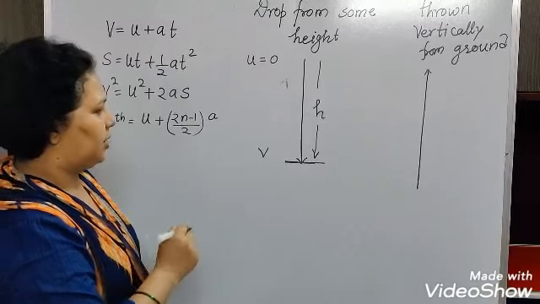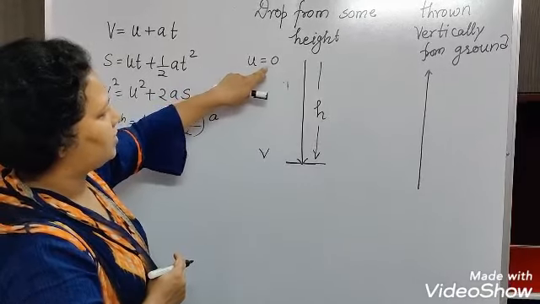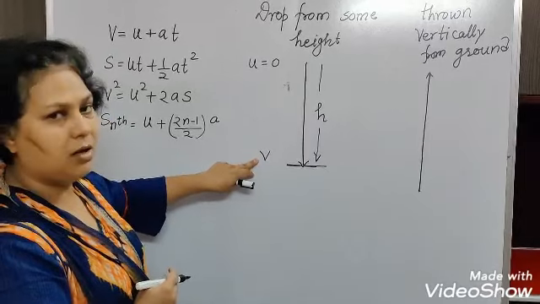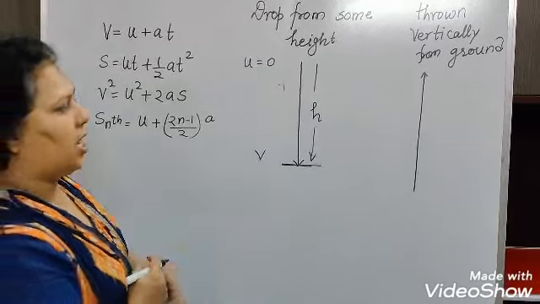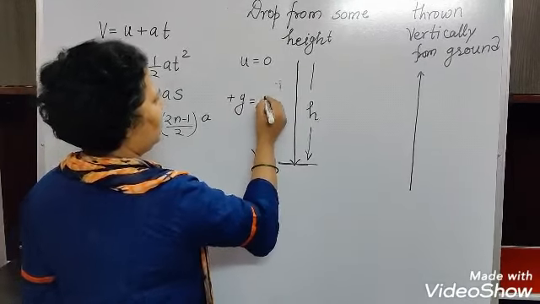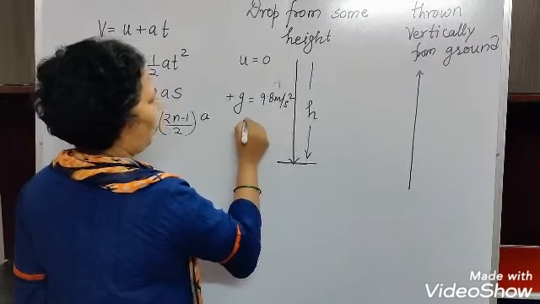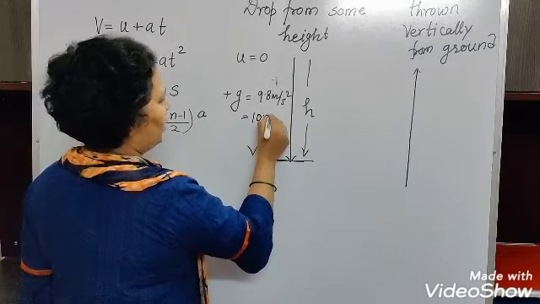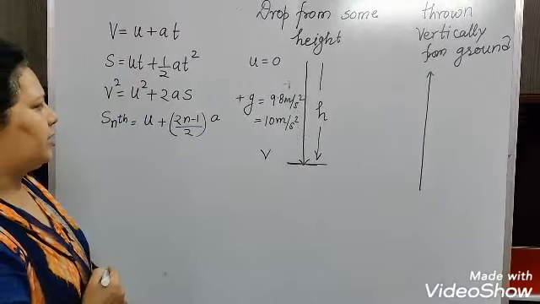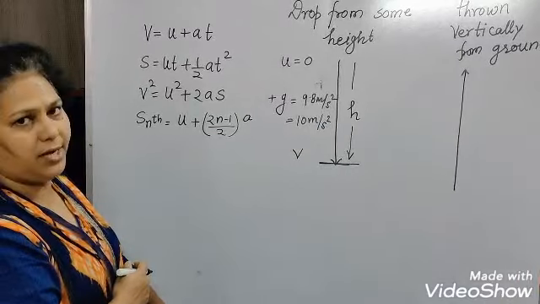And the velocity will become maximum. So what you find here, the velocity started from 0 and became maximum. Obviously the acceleration produced here is positive acceleration, and it is called acceleration due to gravity g, which is taken as 9.8 meter per second square, or numerically we are taking it 10 meter per second square also. Okay, so this is the scene when we drop any object from some height.